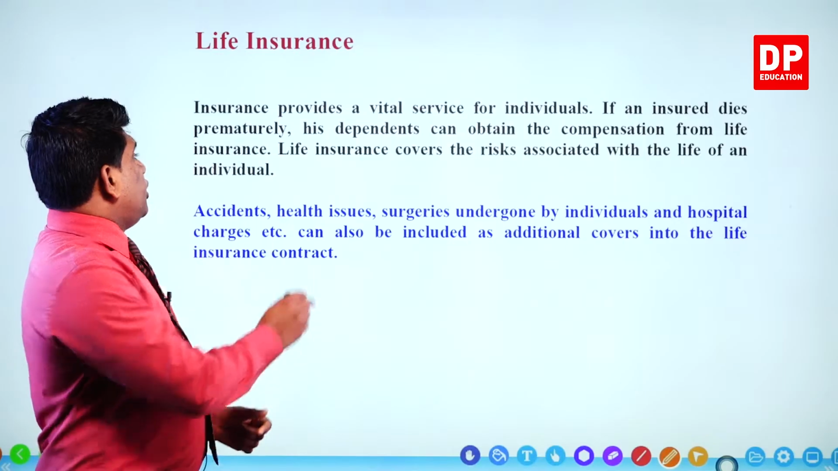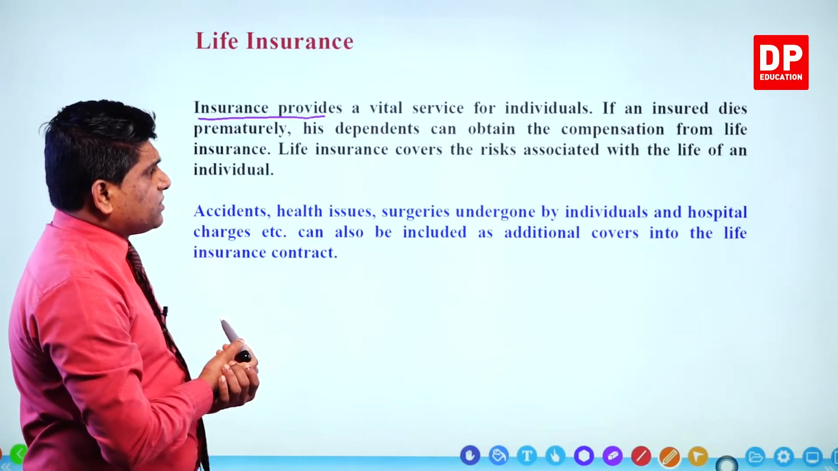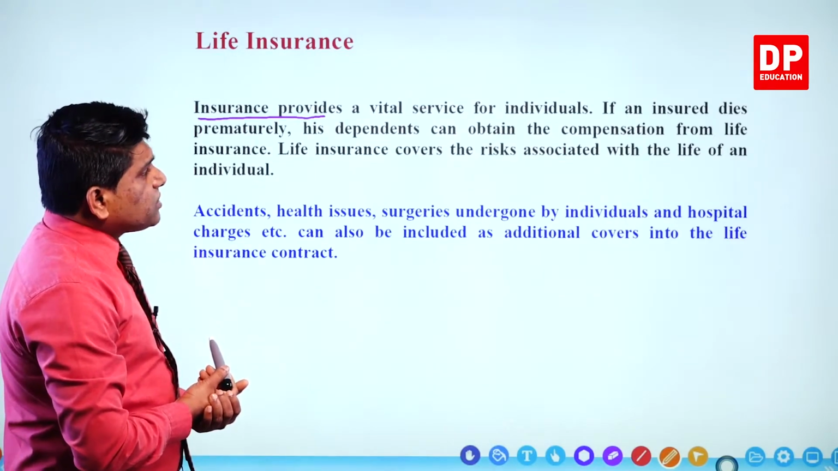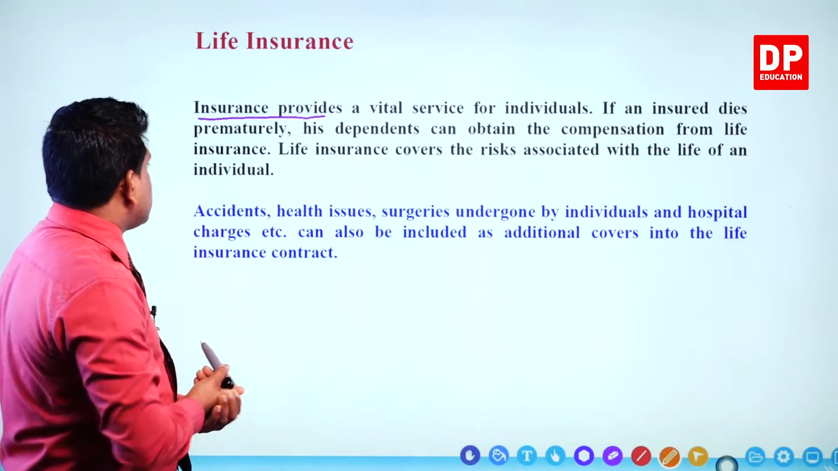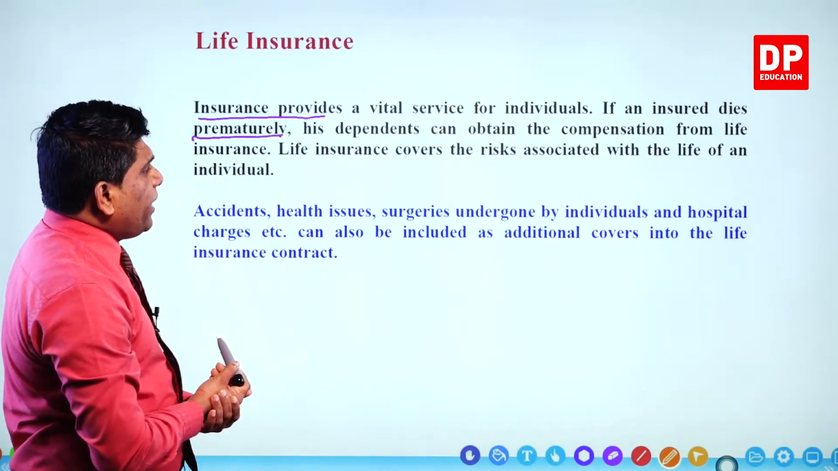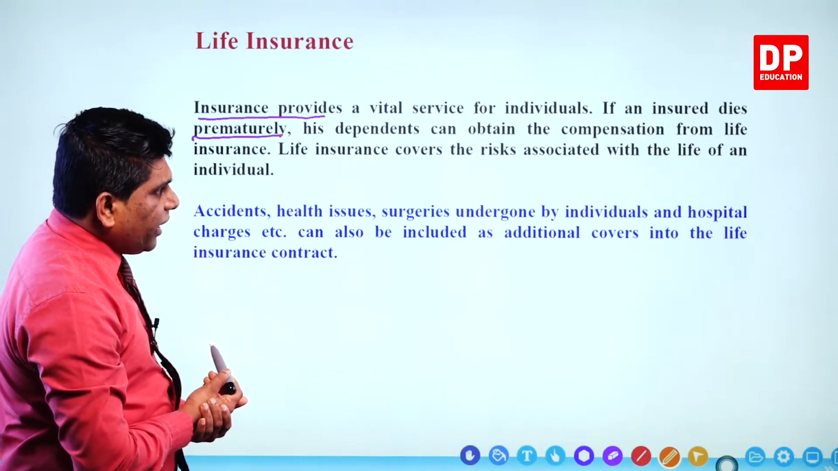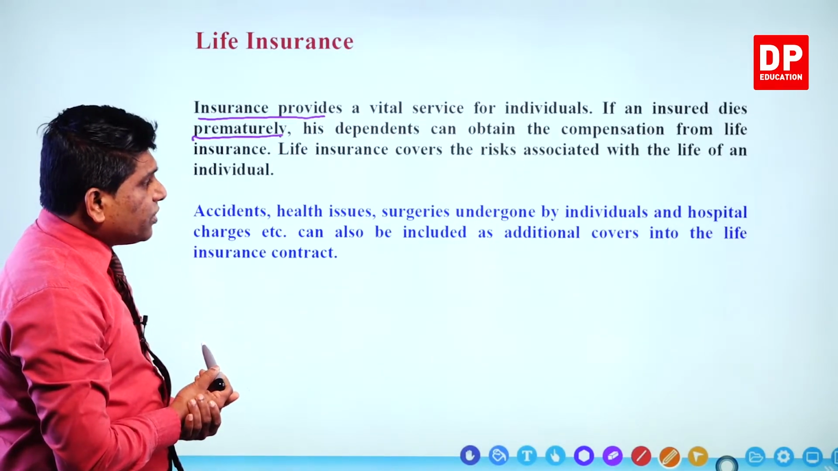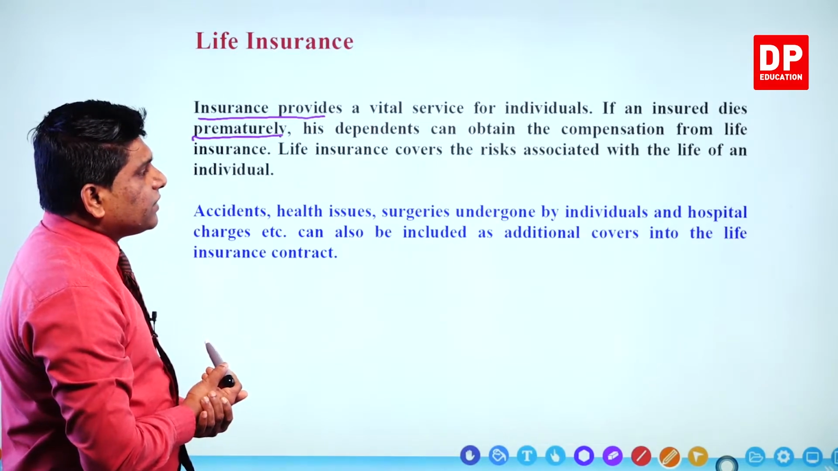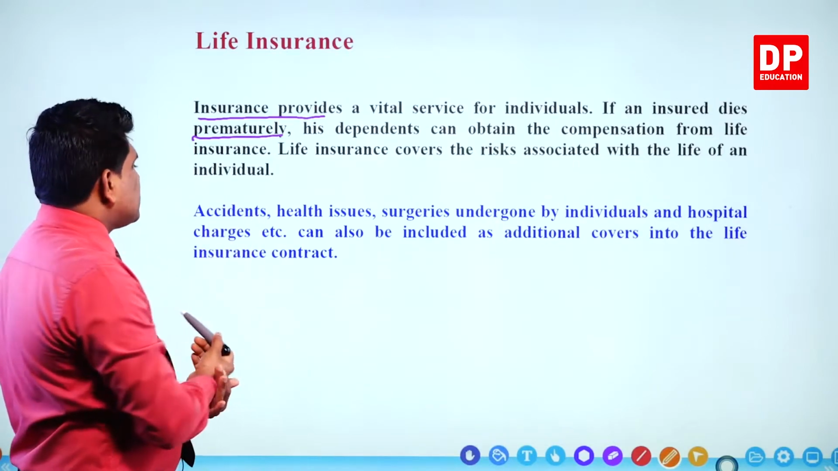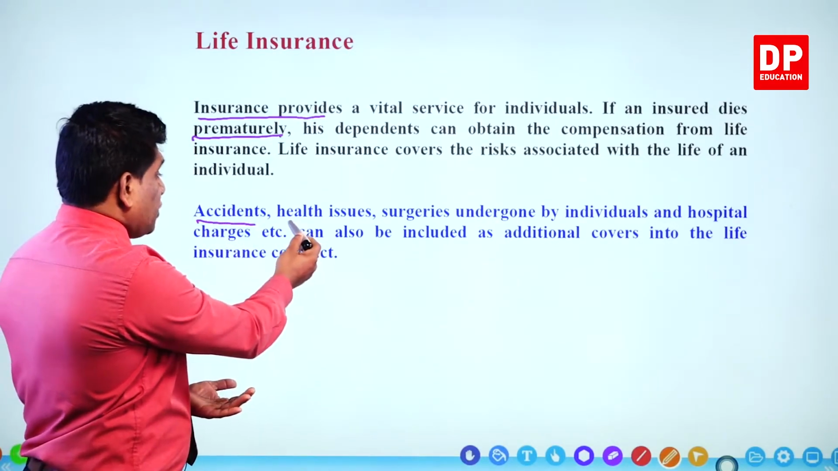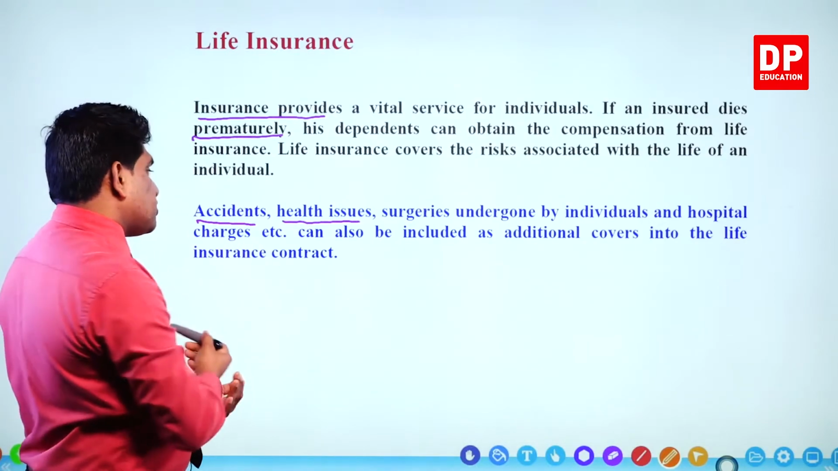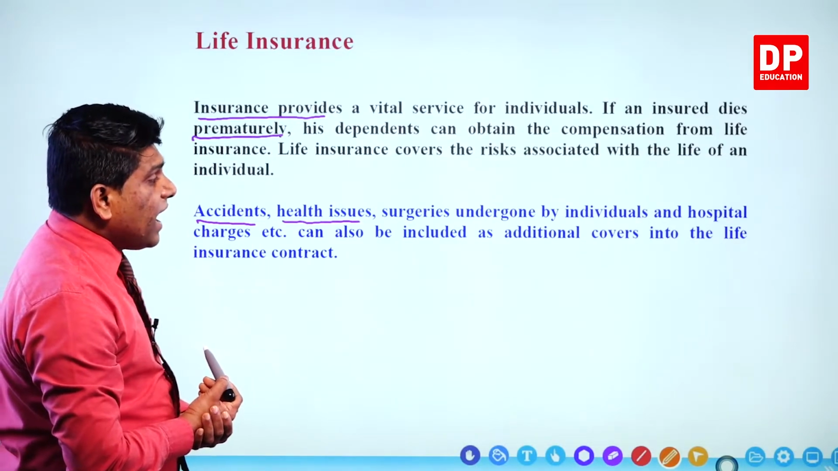Life insurance. Insurance provides vital services. It means important services, essential services. Insurance provides a vital service for individuals. If an insured dies prematurely, his dependents can obtain the compensation from life insurance. Life insurance covers the risk associated with the life of an individual. Examples: accidents, health issues, surgeries undergone by individuals, and hospital charges, etc., can also be included as additional covers into